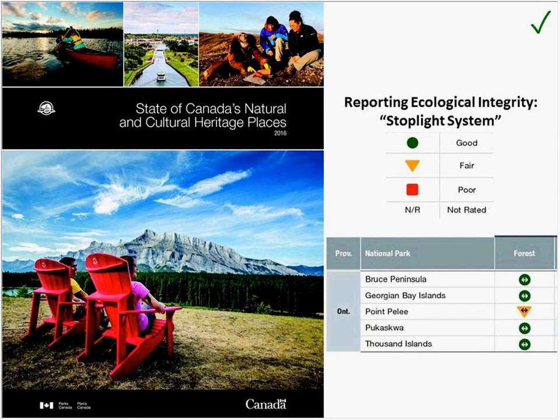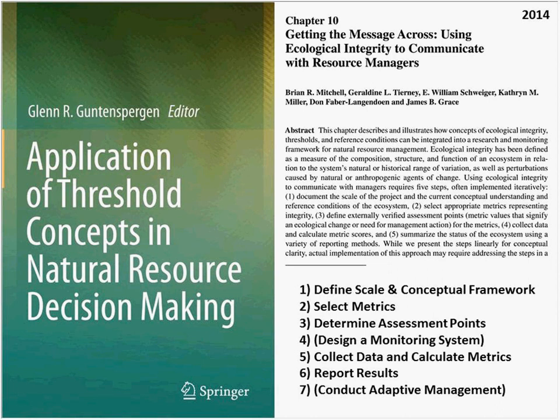In the report that went along with it, you can see here a full document. What they do is they follow this stoplight system when reporting ecological integrity. If you can see this cursor I'm moving over, green is good, yellow is fair, red is poor. I've cut out a few of the parks down below, and the arrows tell which direction it's going. So Bruce Peninsula here is steady at a green good, but then Point Pelee is steady and it's fair. To bear down more into this, I recommend this chapter as a very good starting point for thinking of ecological integrity.